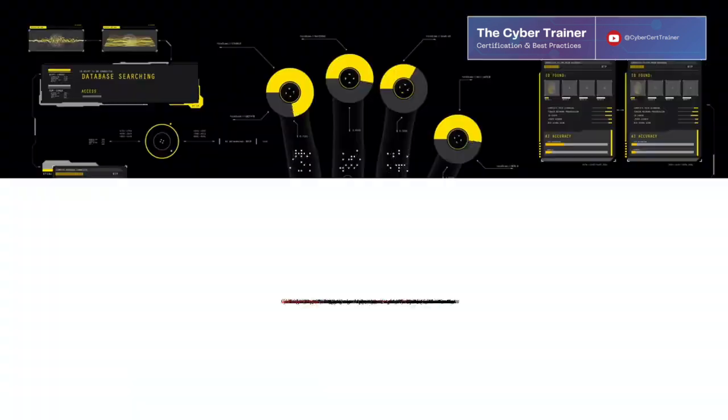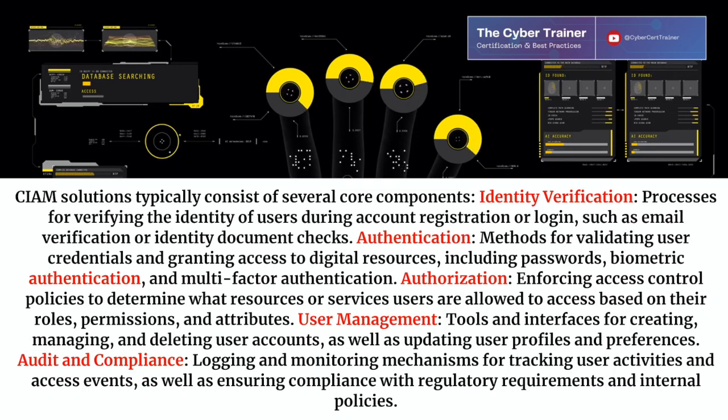Components of CIAM. CIAM solutions typically consist of several core components. Identity verification, processes for verifying the identity of users during account registration or login, such as email verification or identity document checks. Authentication, methods for validating user credentials and granting access to digital resources, including passwords, biometric authentication, and multi-factor authentication. Authorization, enforcing access control policies to determine what resources or services users are allowed to access based on their